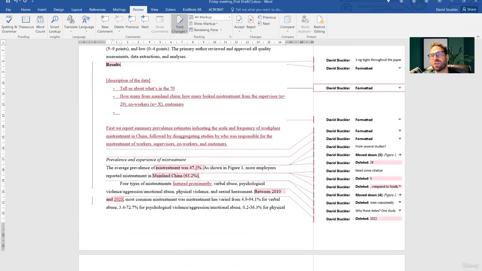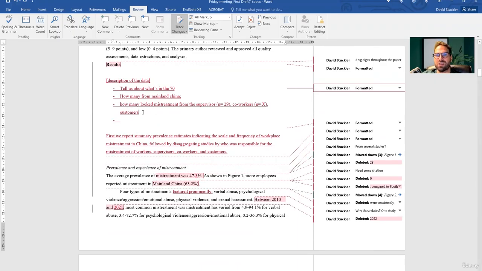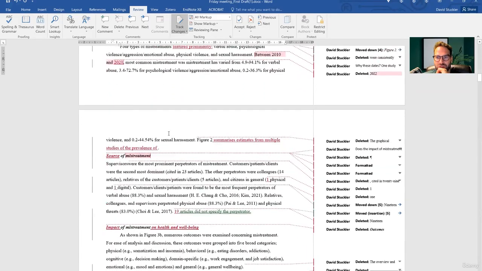And that's the other thing. So how many for mainland China? How many, you want to put this up here at the top? Or did not specify. I just spotted this was n equals 19. So what types of abuse? And you have this, but not really specified. Verbal abuse, n equals x, and set that out. Emotional abuse. You should be able to summarize this from your descriptive statistics quite readily. And that will tighten things up.